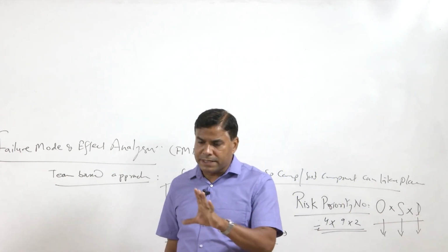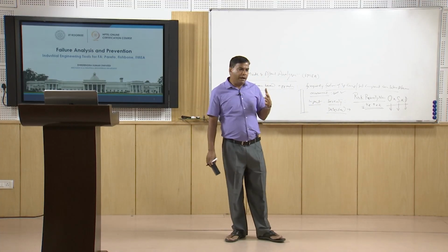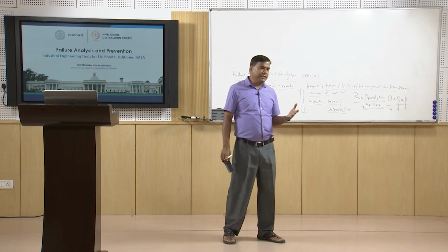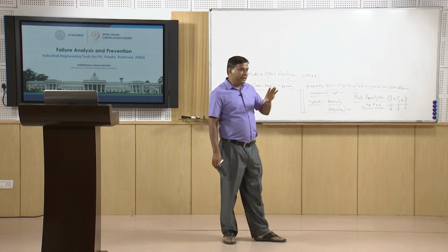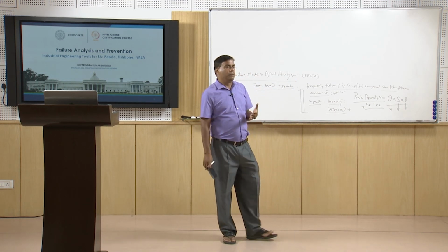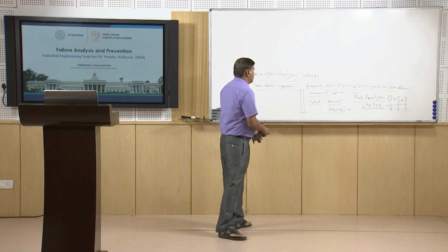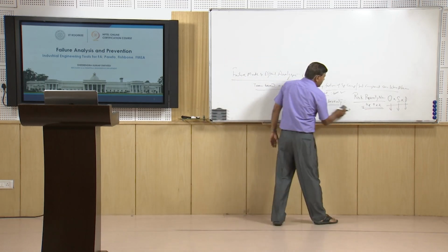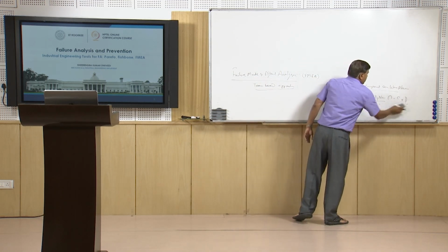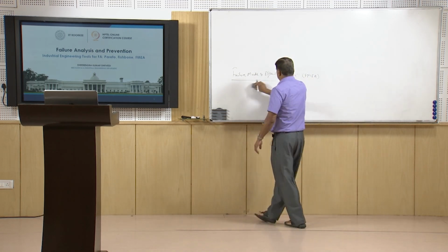Since big systems are made of a number of subcomponents, the RPN or risk priority number for each component is identified, so that we can really prioritize which one is to be used first and which one is to be given more attention as compared to others. So, this is the main thing related with the failure mode effect analysis. Now, we will go into detail about the FMEA